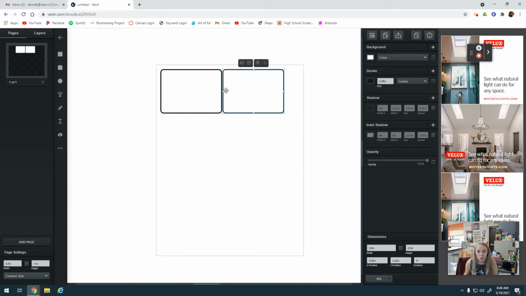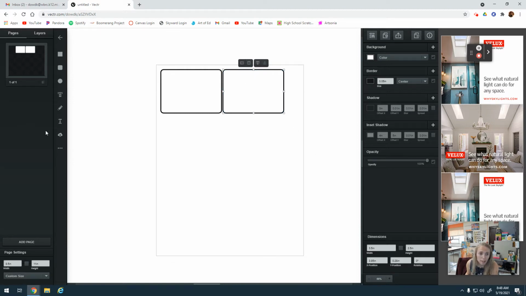When I have these two cards designed, then I can copy and paste them all the way down. I'm not going to copy and paste this rectangle just yet because I haven't put anything in there, and the back side of my card will be the same on all 54 cards. This is going to be my number card, so